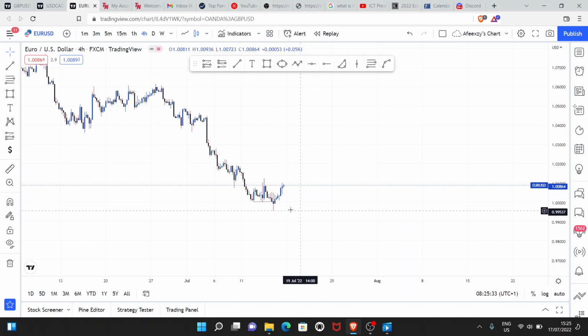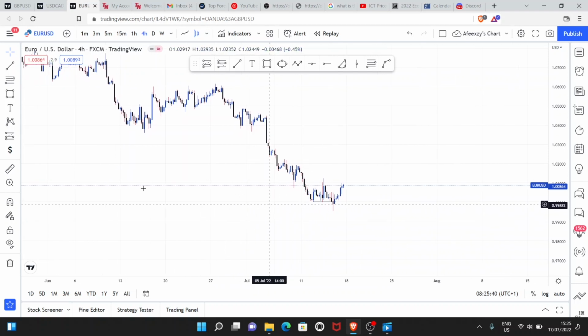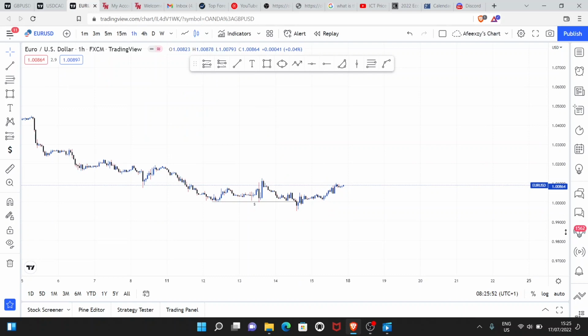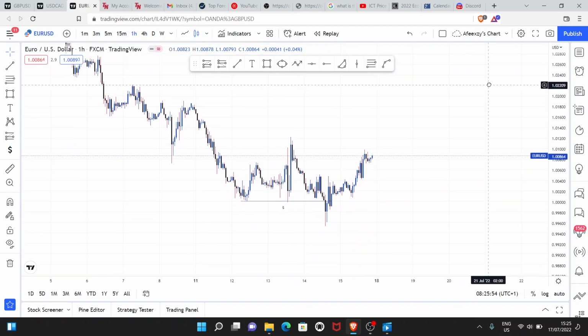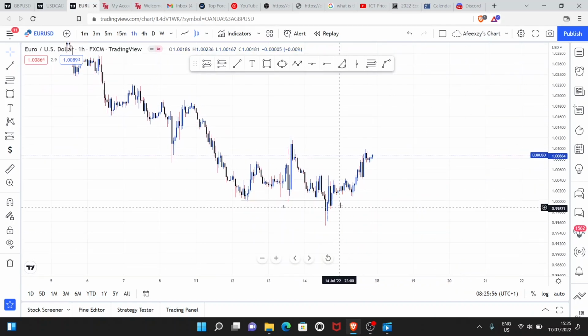I can see equal lows being cleared with this candle here. It's clearing the equal lows. Wow, it's very clear. So I'll put some kind of sell side liquidity graph. Say this place is a sell side liquidity graph. After it cleared the sell side liquidity, when we go to the 1-hour time frame, I can see,